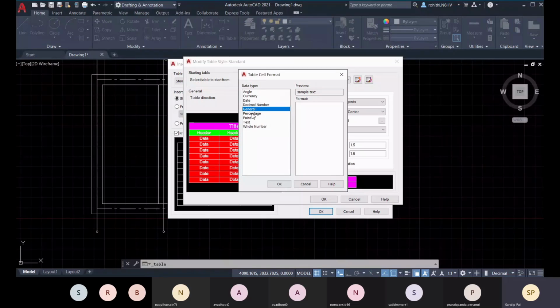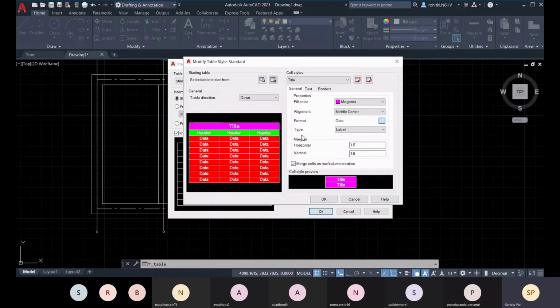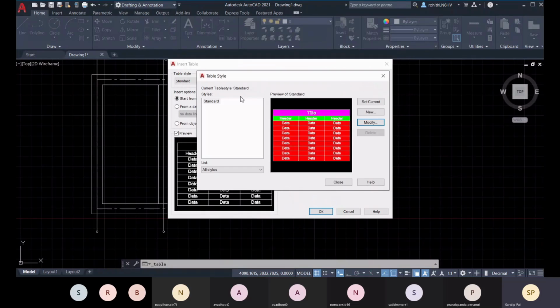You can be more specific, like text or percentage or date, whatever kind of format you need, and you can choose that. Now about the label, you can choose the type data, and the margins horizontal and vertical are set to 1.5. Let's click on OK, and that is right now the standard one.